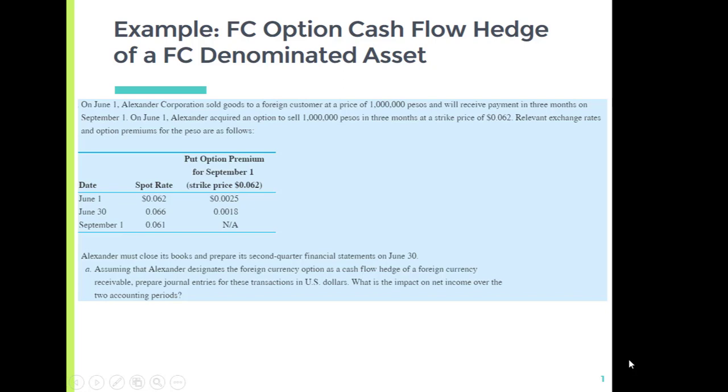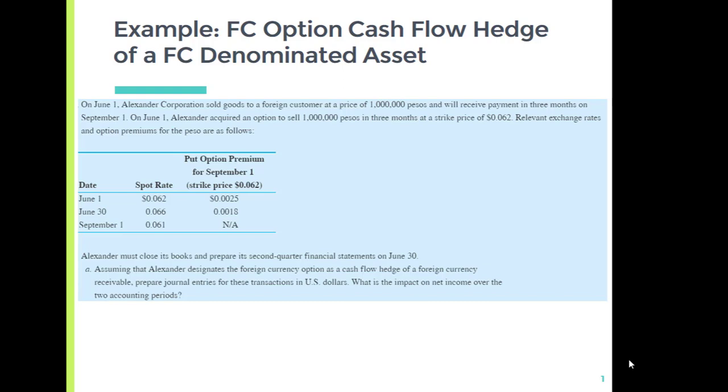Hello everyone. I'm going to demonstrate the accounting for a foreign currency option designated as a cash flow hedge of a foreign currency denominated asset. So on June 1st, Alexander Corporation makes an export sale to a foreign customer at a price of 1 million pesos and will receive payment 3 months later on September 1st. So that gives rise to foreign exchange risk exposure, which Alexander manages by purchasing a put option to sell 1 million pesos in 3 months at a strike price of